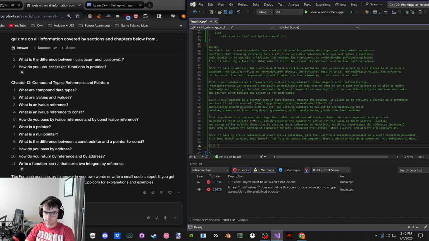Double 4. Value reference to an L-value reference to const is,